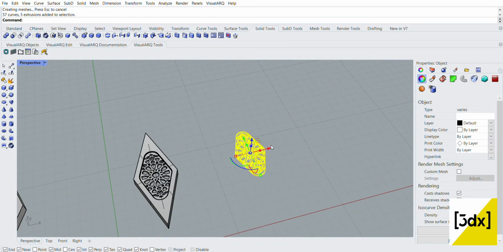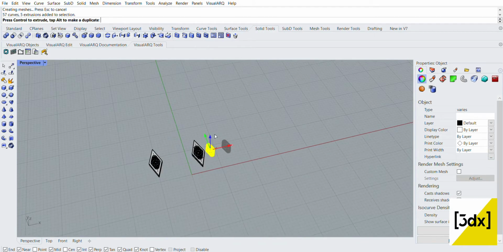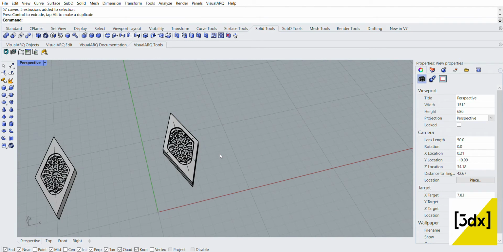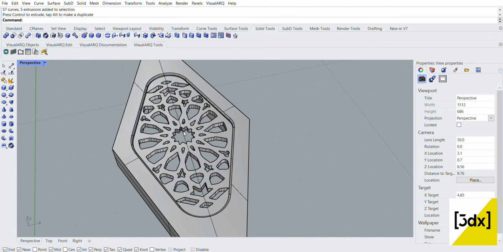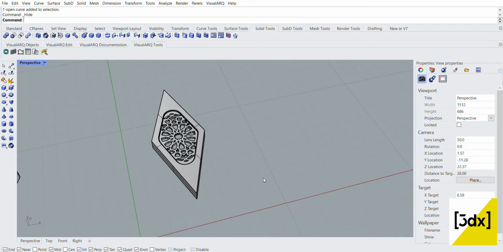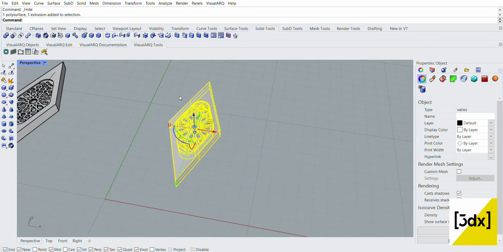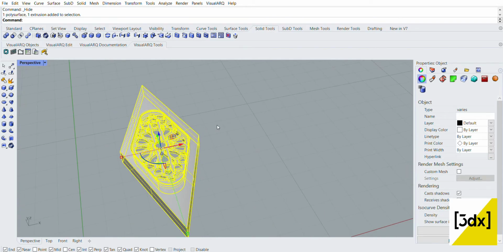I'm just moving this, because it will be a disturbance for us to model. I don't need this line, so I'm just adding this line. Now I'm pressing Control G, that is group. Now I'm using linear array, because copying, you can't copy every single item.